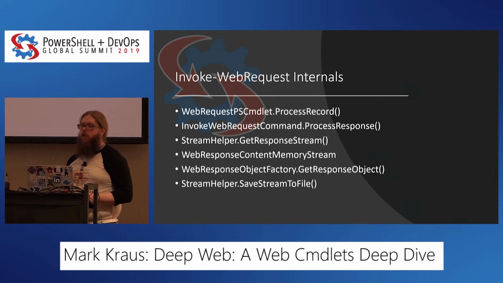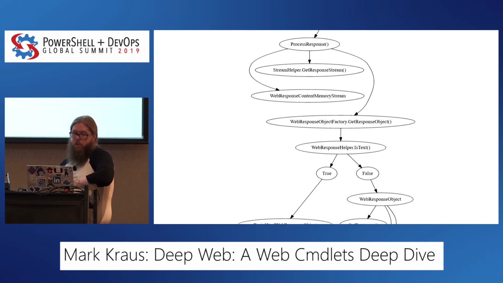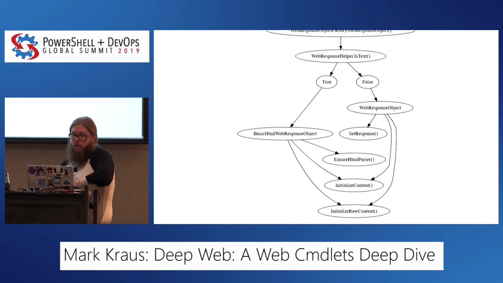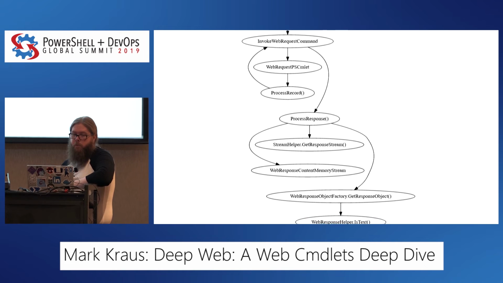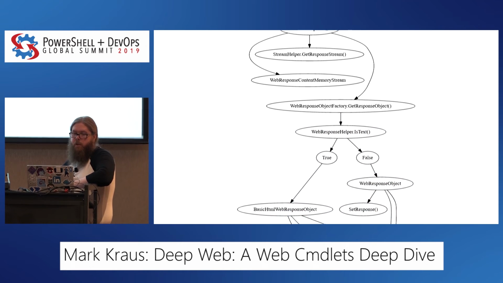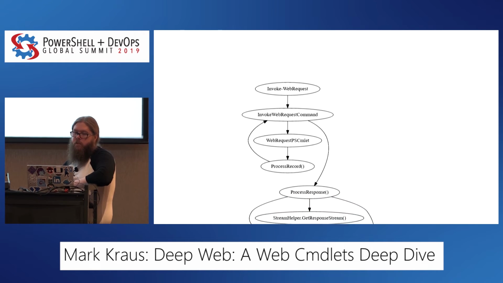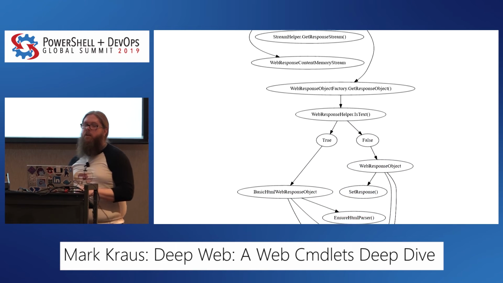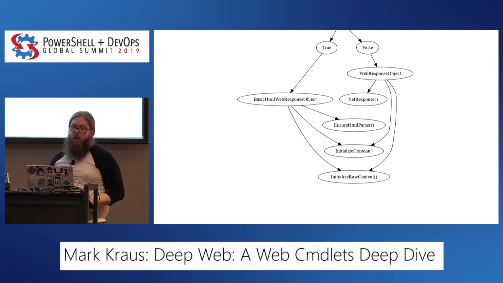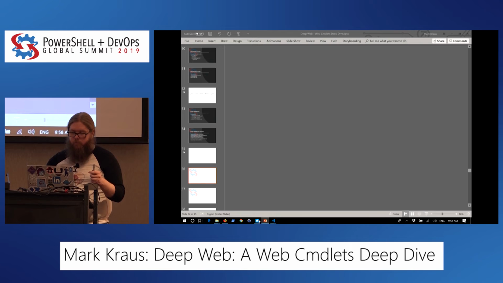So what this looks like in a map is that it's basically just calling all these various methods inside. It's doing InvokeWebRequestCommand, passes off to ProcessResponse, gets the StreamHelper, checks to see if it's a string, and if it's not, do it this way. If it is, do the basic HTML response. So that's kind of what's going on there underneath the hood. And where this is located then